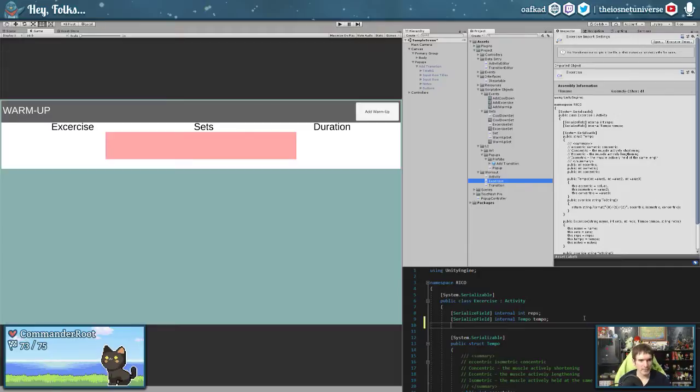But in the meantime, it'll be an integer value. Oh, that's not true, because you can do half pounds on some of the machines. So I guess we'll go with double. Yeah, doubles are rather large numbers that can be fractional decimals, which is great. And we'll just say weight, and then we'll have the other one be goal weight.